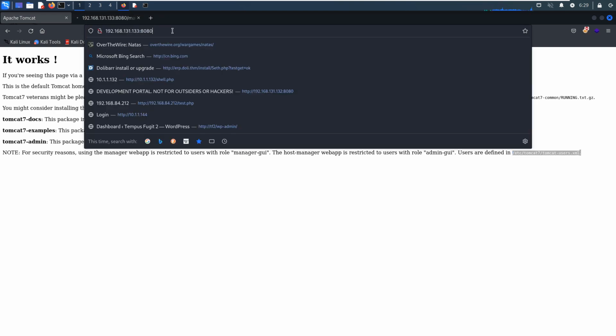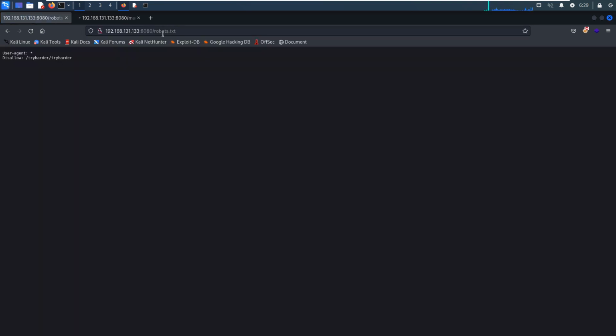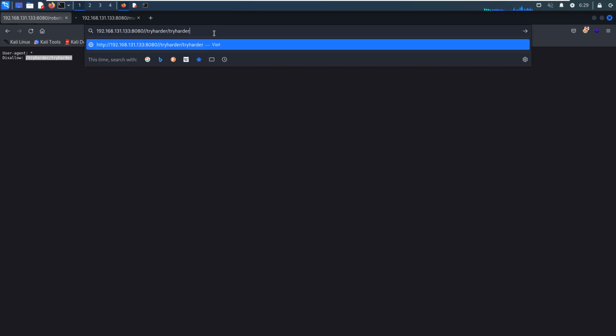How about robots file? Oh, robots file is accessible. So I think we can access this directory by the browser.